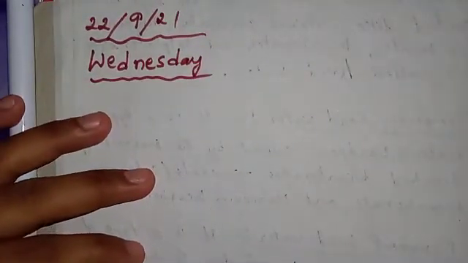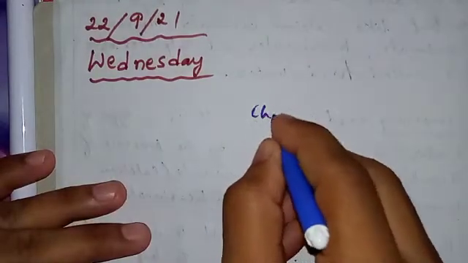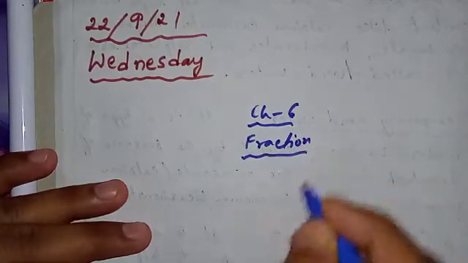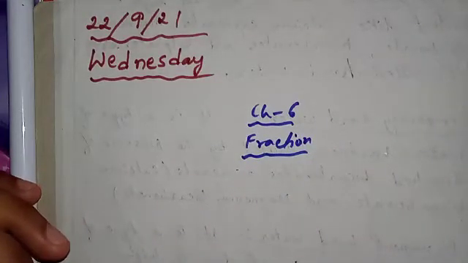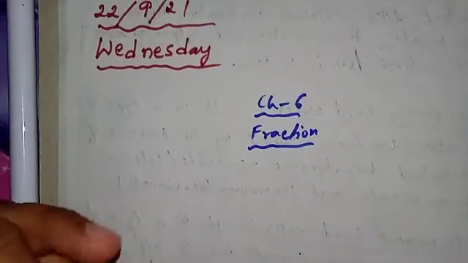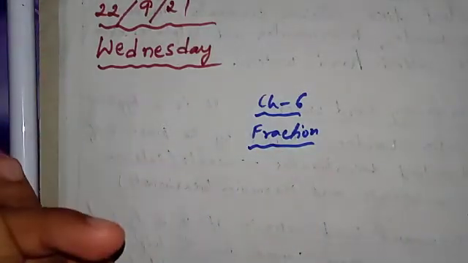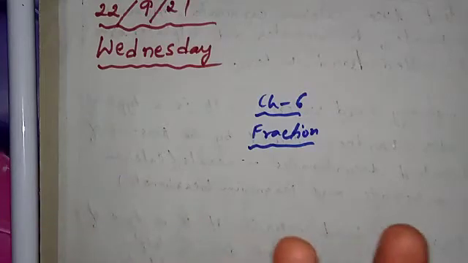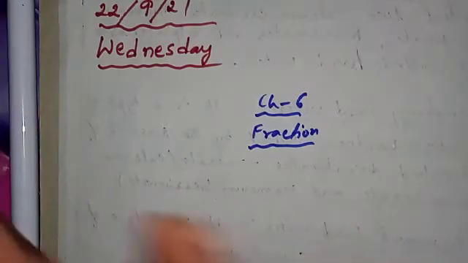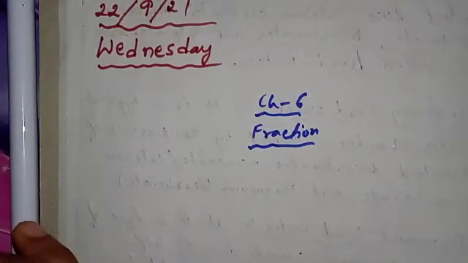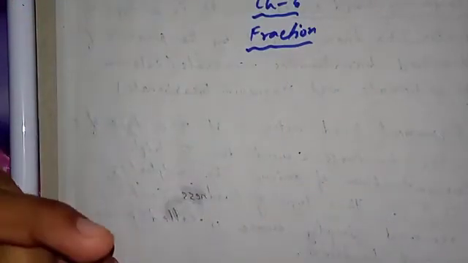So we have started chapter number 6, fractions, in the last class, that is on Monday. And in that class, we tried to understand the different types of fractions, that is, what is an improper fraction, what is a proper fraction, what is a mixed fraction, and things like that. Numerator, denominator, everything we understood. So I hope you have understood what a fraction is and what the different types are, and you can figure out the different kinds of fractions as well.